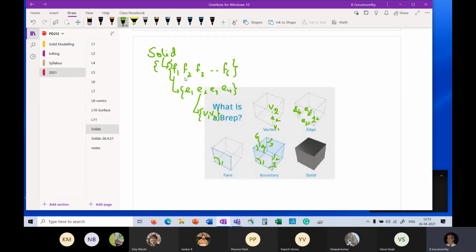Right? Now each face will have this set of edges. Now I want to use a slightly different color, but we'll also have a surface. Right? So in this case, since I only have 4 edges, the face 1 could look like this.